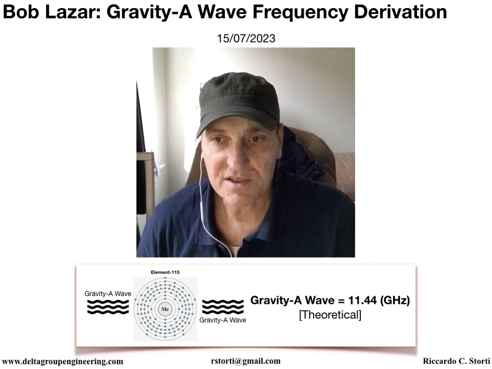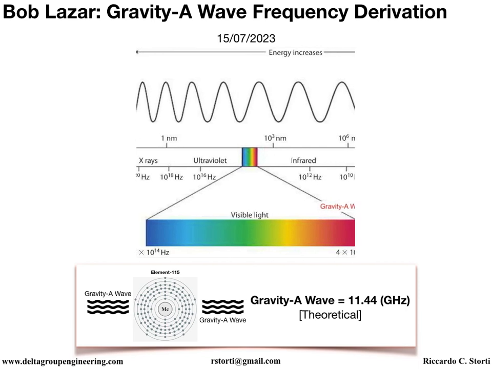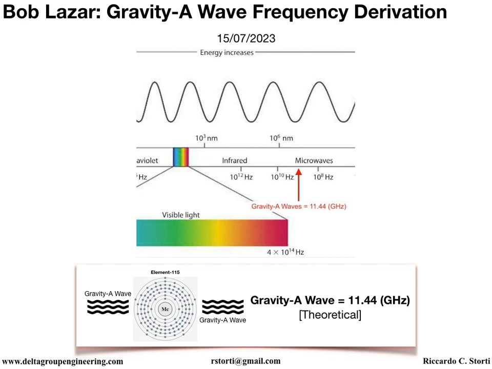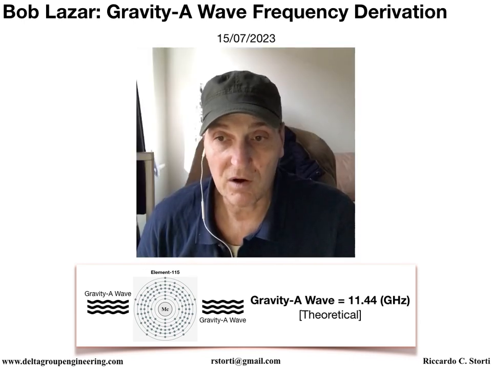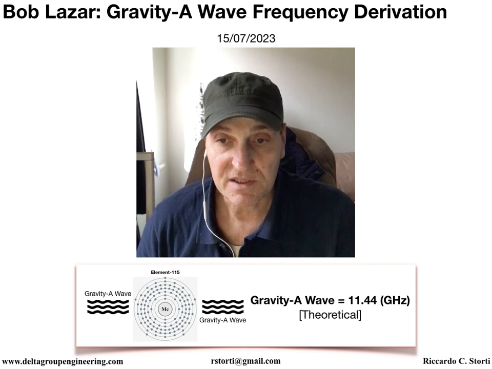The fact that the tuning setup looked just like microwaves means that whatever is happening inside is occurring within the microwave frequency range, that is, on the microwave wavelength scale. Therefore, by inference, we shall define Bob Lazar's second major scientific claim as being that the gravity A wave occupies the microwave frequency range. At this juncture, I should point out that Bob takes the position that two forms of gravity exist. Gravity A, which operates at the atomic scale, and gravity B, which operates at the planetary scale.